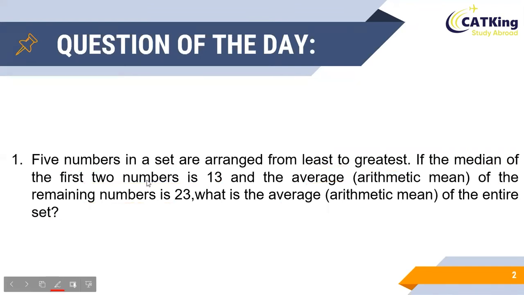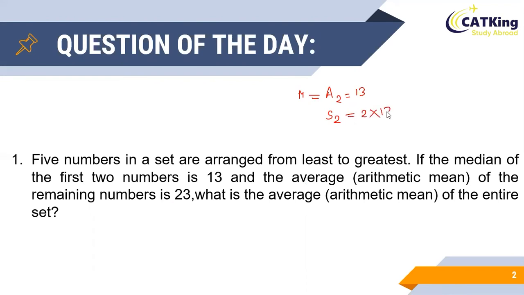Now let us see how we arrived at this particular answer. So it is given that the 5 numbers are arranged from least to greatest and the median of the first two numbers is equal to 13. Since 2 is an even number, the median of the first two numbers will be equal to the average of the first two numbers, let us call it A2, which is equal to 13. Hence, the sum of the first two numbers, let us call it S2, will be equal to 2 into 13,